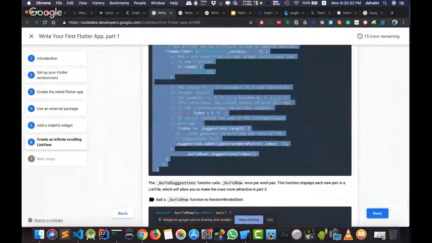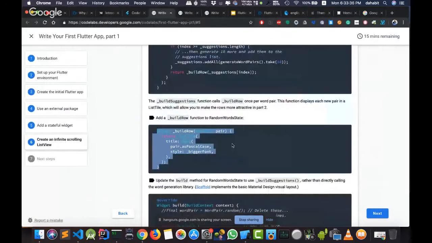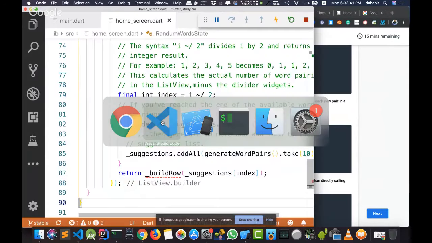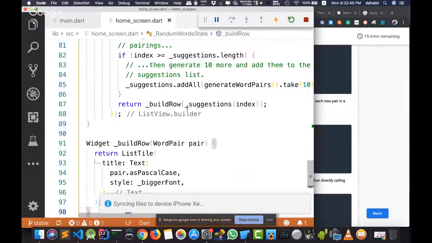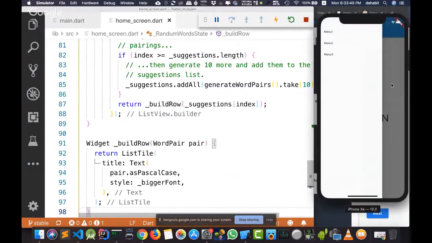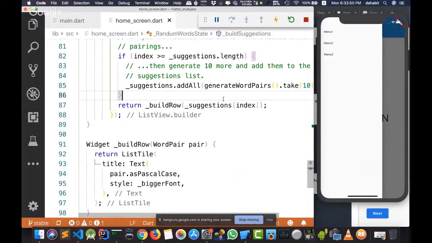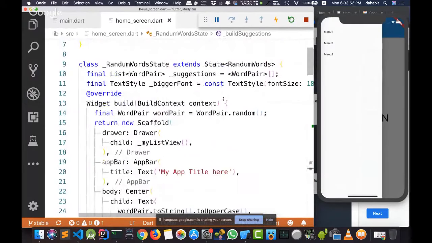So we'll go back to our CodeLab guidelines, and we will copy this method, come back again, and paste it here. And as you can see here, the error disappears. And if we come to our application, we will not find anything changed. Why?